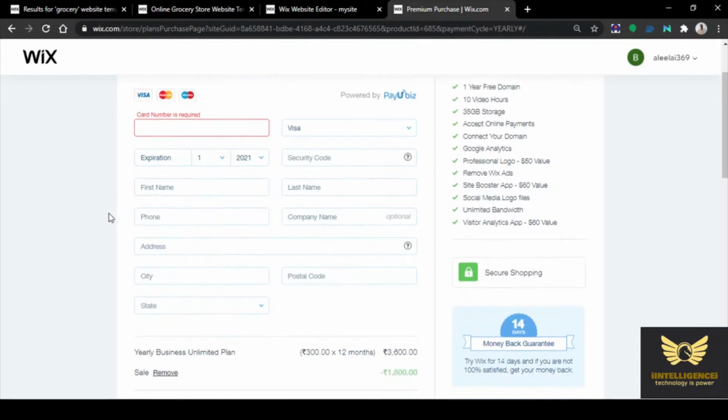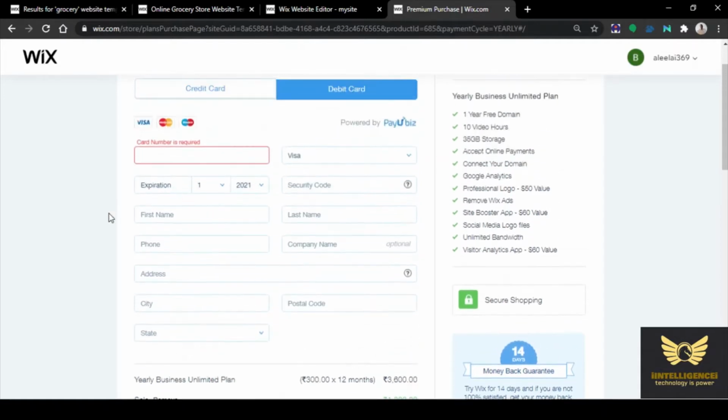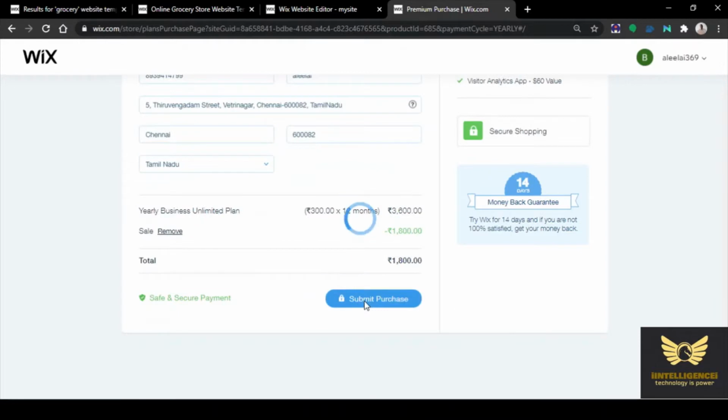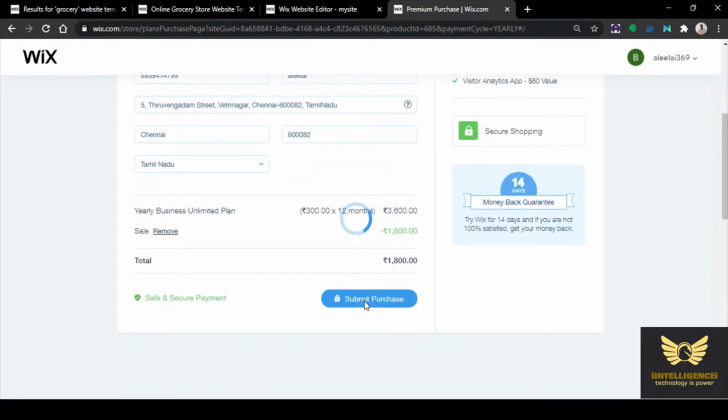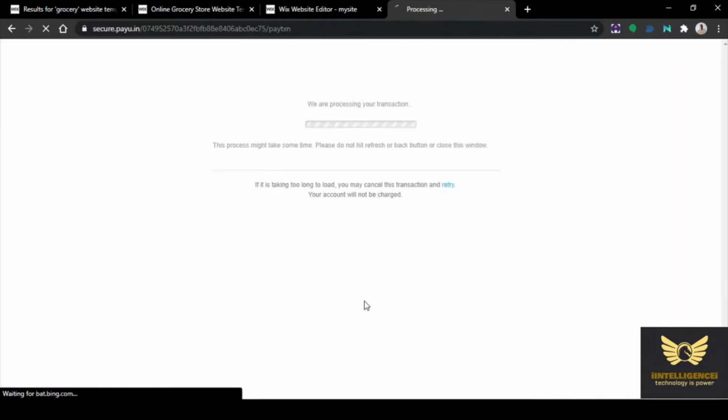So once you enter the details, you can buy it easily online. So just a minute, let me submit and purchase. I have entered all the details.